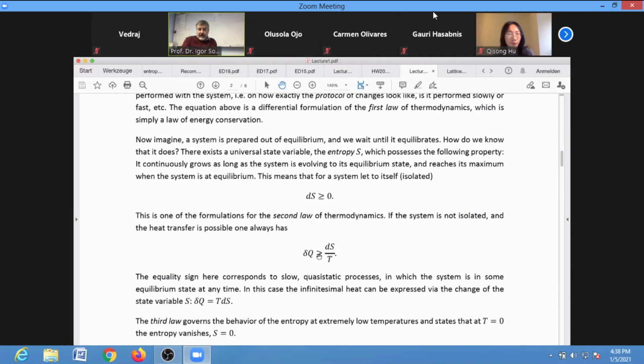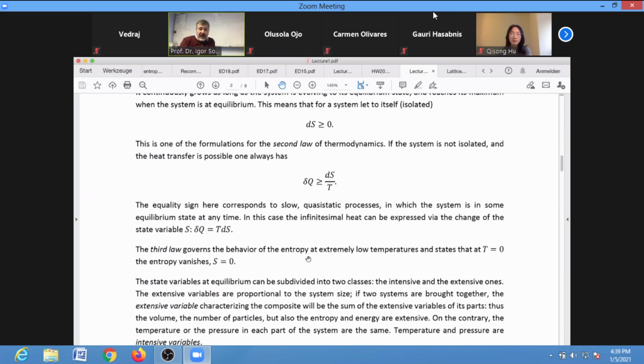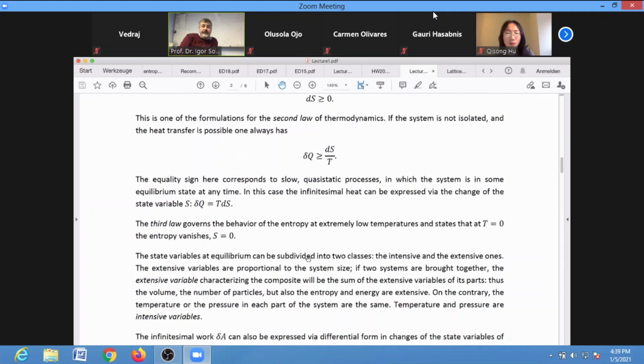Q, this is wrong. Q is T dS, so which means that this is wrong. dQ is larger than T times dS. I will correct it in the script and put it then correct. So it's dS larger than dQ divided by T. So dQ has to be here and dS has to be here. Doesn't matter. I will correct it. Now I have this